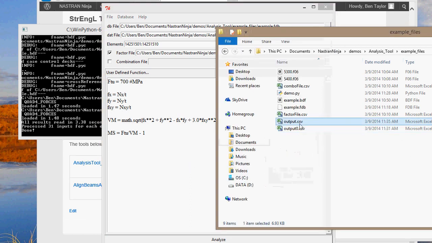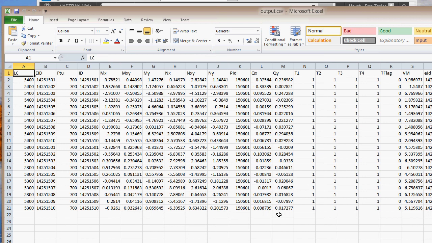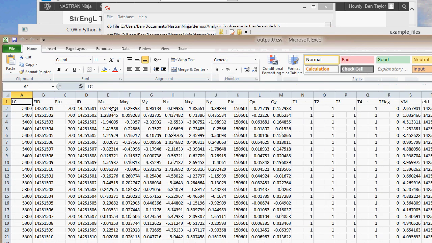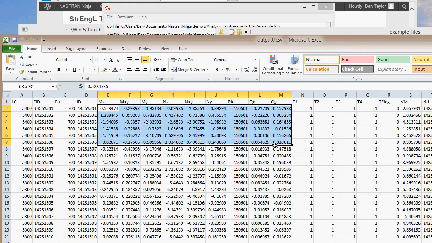Now we have a new output file and the old output. Let's open up the new one. Can't really tell anything's happened. But if we also open up this one and copy and paste some of the old results into the new,